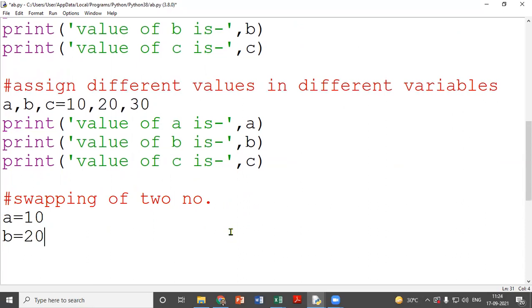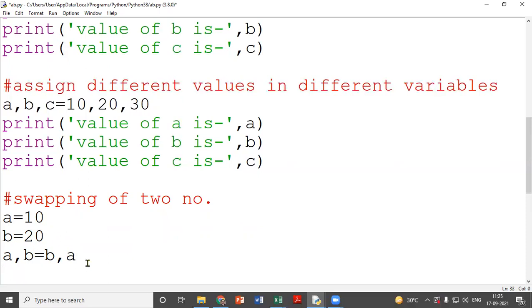So I need to interchange these values. So what I could do: A comma B equal B comma A. Simple. Why is this possible so easily? Due to the feature of multiple assignments in one statement. Understood? Simply what I have done, A comma B, that means the value of B will go into A and the value of A will go into B.